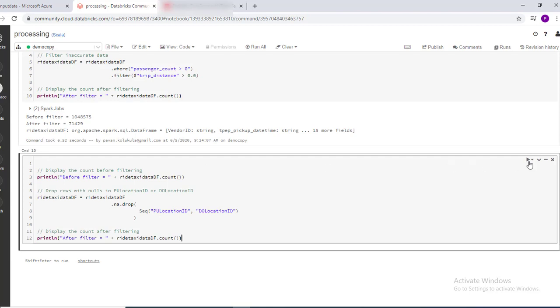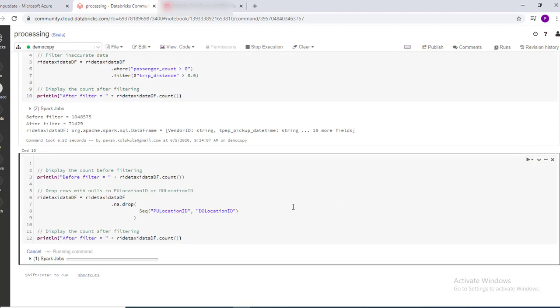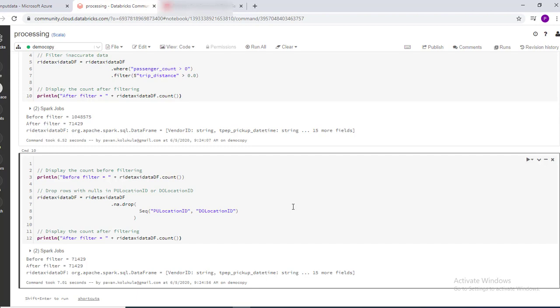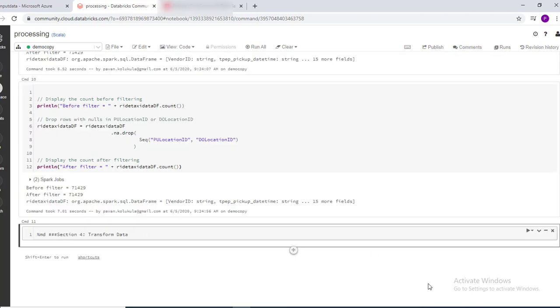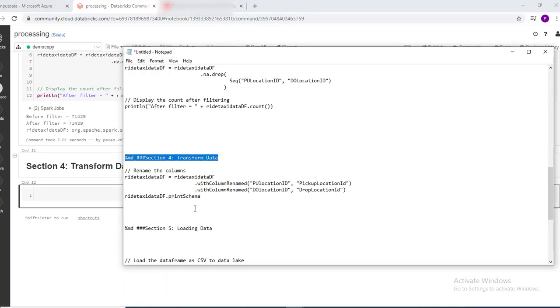This command over here is to remove all the duplicate values. This particular cell has the command wherein we have tried to rename the columns.